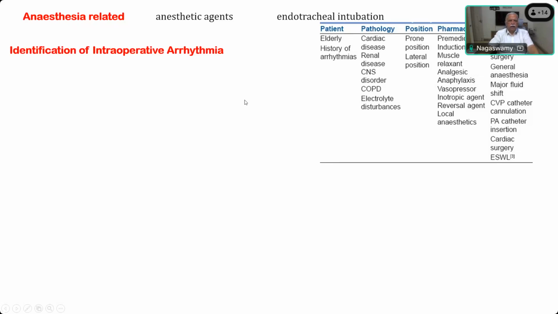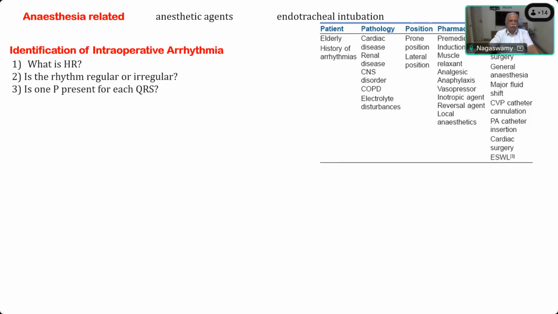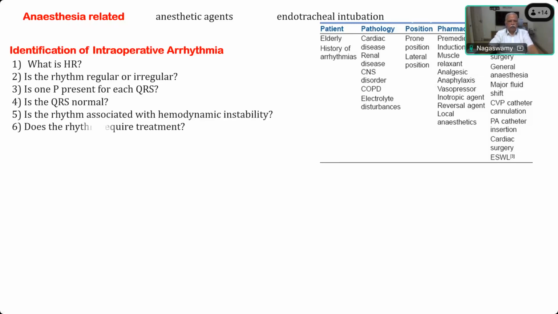Then how do you identify the intraoperative arrhythmia? What is the heart rate like? What is the rhythm, regular or irregular? Is one P present for each QRS complex? Is the QRS normal? Is the rhythm associated with hemodynamic instability? And the rhythm,